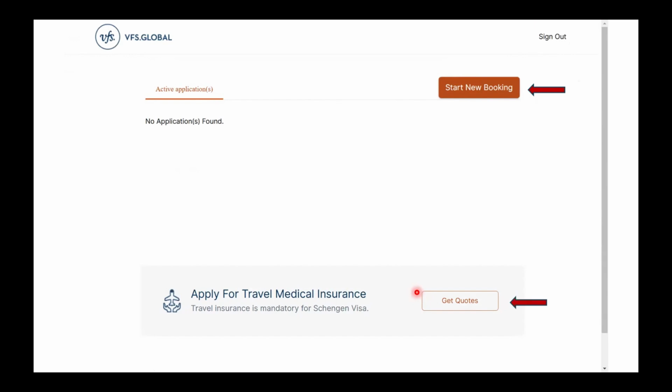So you can click on get quotes, right? My recommendation here is to check for travel medical insurance before you start clicking on start new booking. When you are doing your booking, it will show you three or four medical insurance options, and you will not have time to choose or look at them immediately, because your page might become stale or your appointment slot might get filled. So either you can get quotes from here first, then start your new booking,